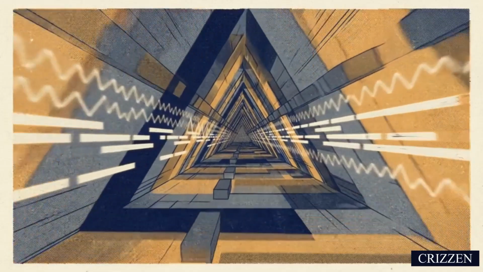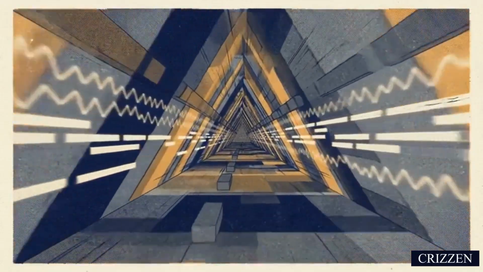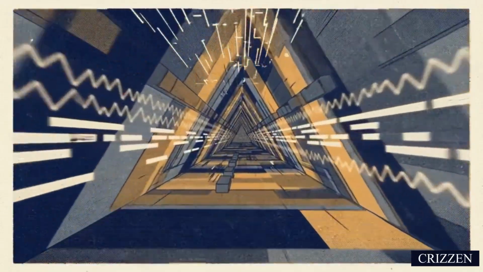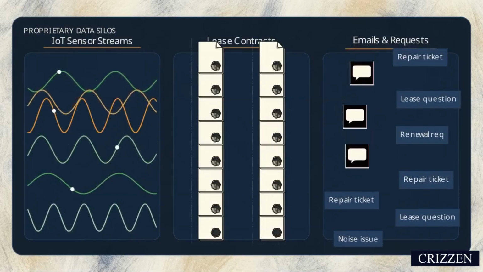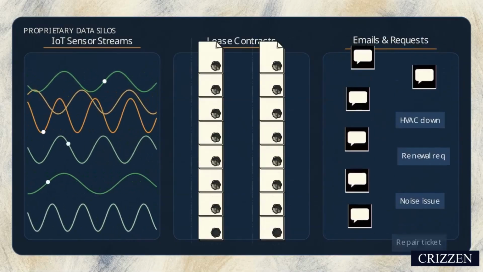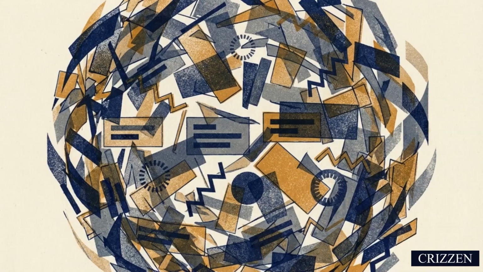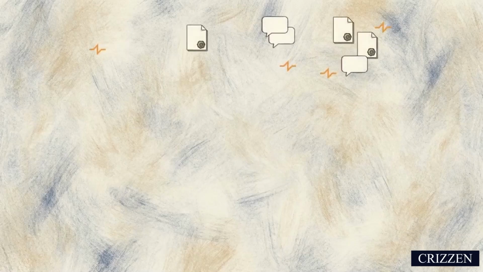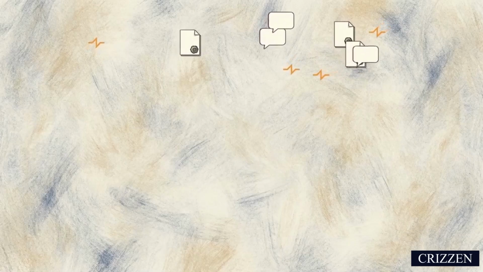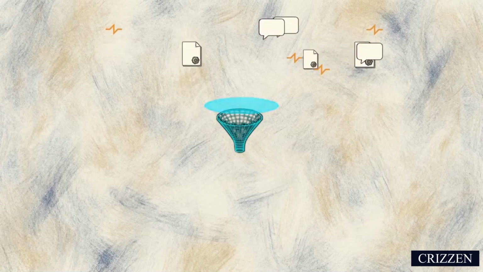errors. Take a commercial property management firm as an example. Every day, they generate a massive volume of fragmented proprietary data. This includes live IoT sensor streams, hundreds of complex lease contracts, and thousands of unstructured tenant emails and service requests. Without a specialized system to synthesize these different formats, this information is just noise. A generalized chatbot cannot see the connection between a sudden spike in minor repair tickets and an impending drop in long-term lease renewals.